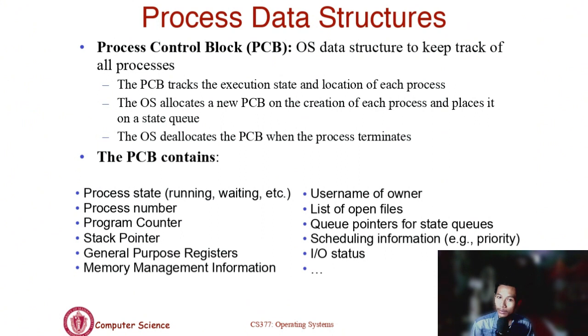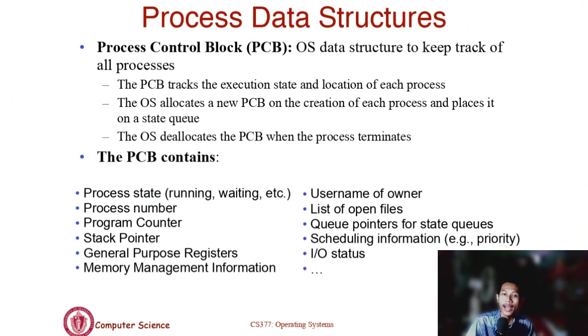And then process number, its unique identifier assigned to each process by the operating system, and program counter that stores the address of the next instruction to be executed by the process, and then stack pointer, that points to the top of the execution stack for the process, and general purpose registers that store the values of CPU registers associated with the process, and memory management information that contains details about the process's memory allocation and usage, and username of